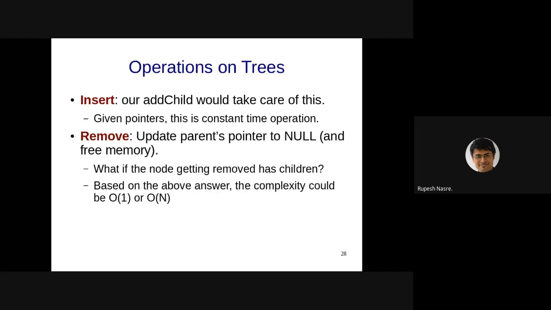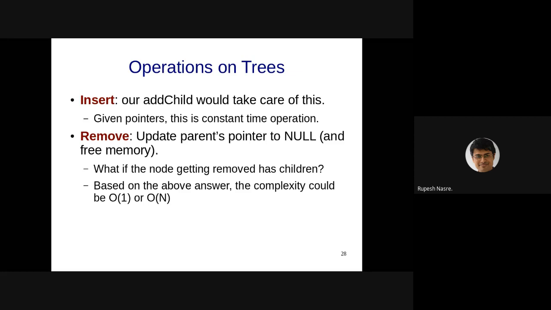Pawan says replace with a blank. That could be one possibility, where there is a sentinel value which you store, so that you don't really delete that memory, but you just mark it that it is deleted. That could be one option. Abhishek says move that node to a leaf node and then remove it. Correct, but if we move that node to the leaf node, what happens to its children? That is the question.